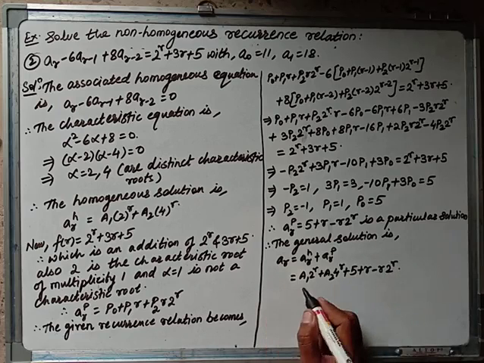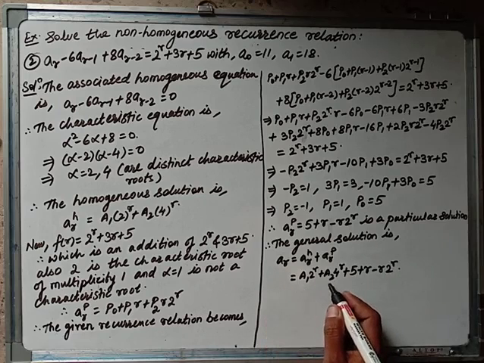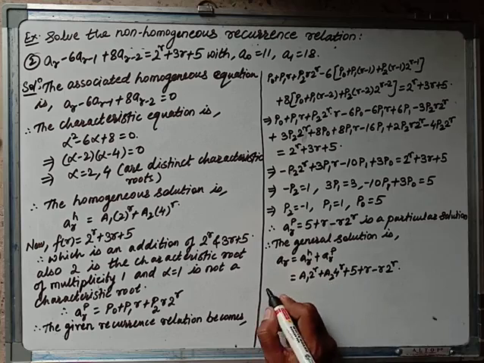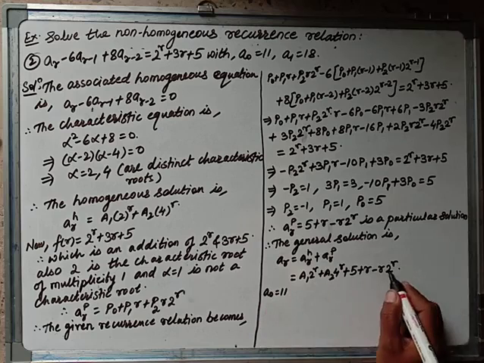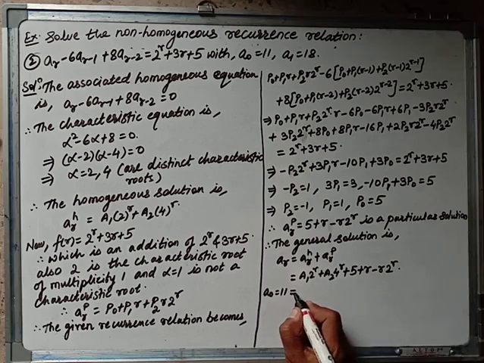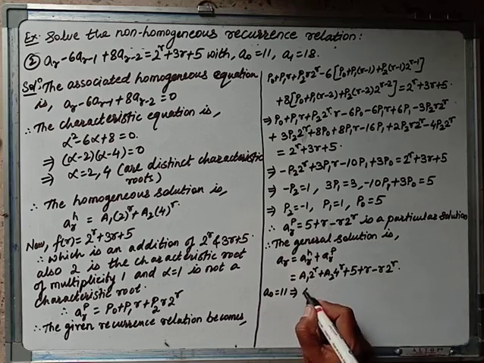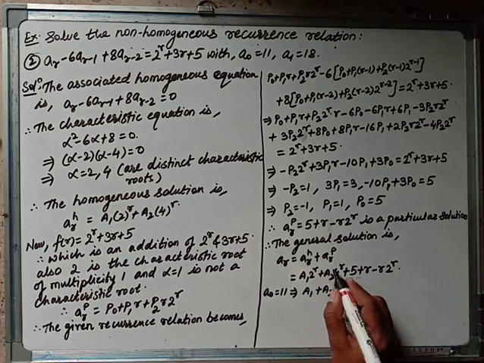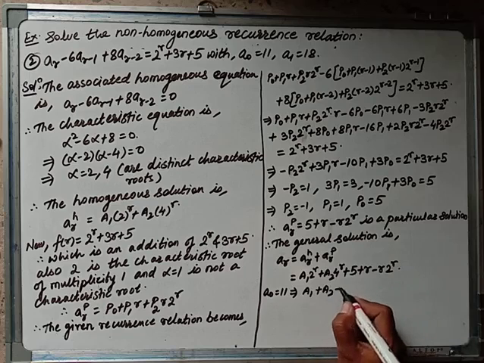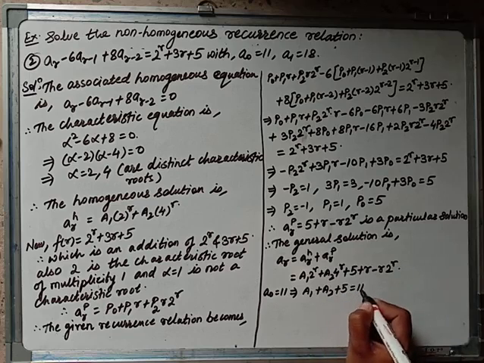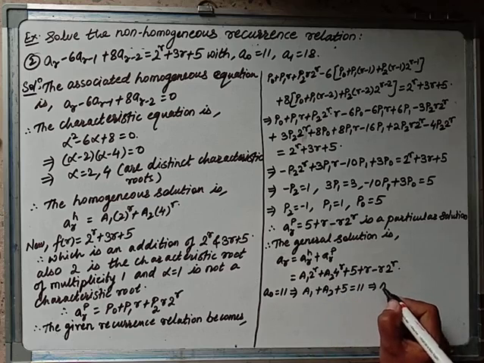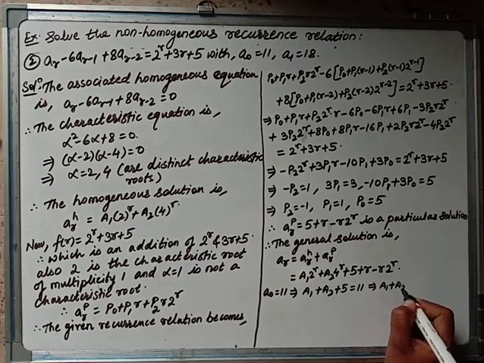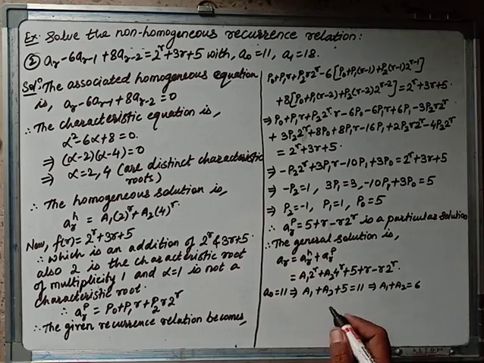So our aim is to determine the values of A1 and A2 now. Here A0 is equal to 11. So we will get, putting r is equal to 0 here, A1 plus A2 plus 5 is equal to 11. So that gives us A1 plus A2 is equal to 6. And